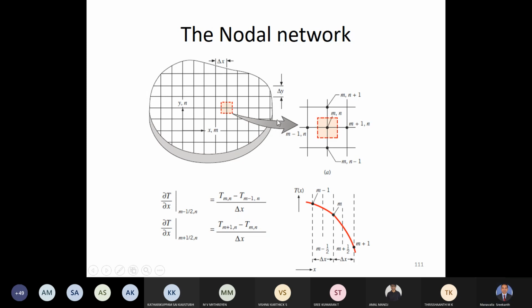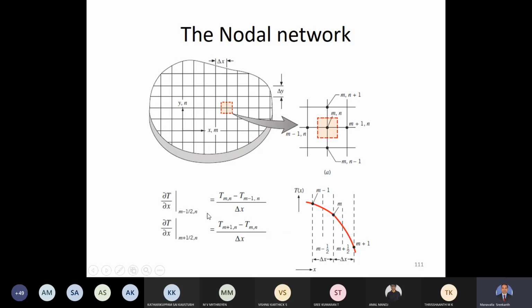And this one is m minus 1, n. Similarly, if you go upwards, it will be m, n plus 1. So this point is m, n plus 1, and this point is m, n minus 1. So you can see here this temperature distribution is given in terms of these different points: m minus 1, m,